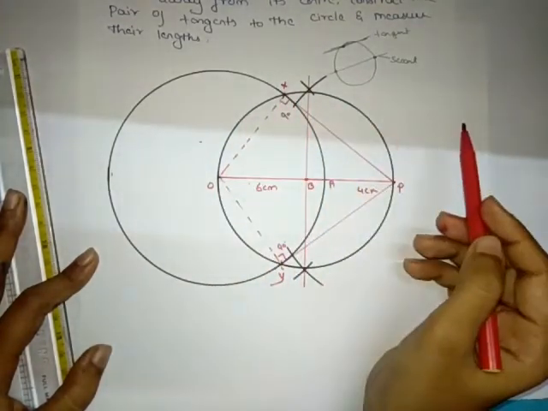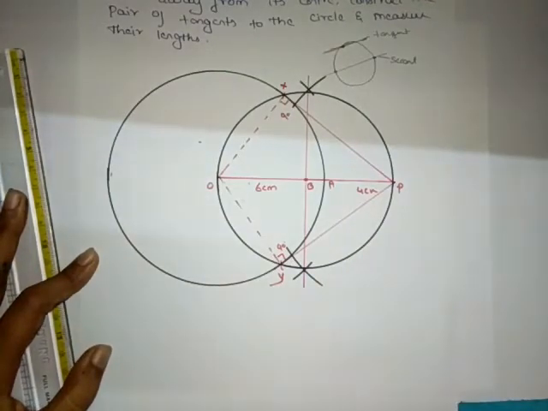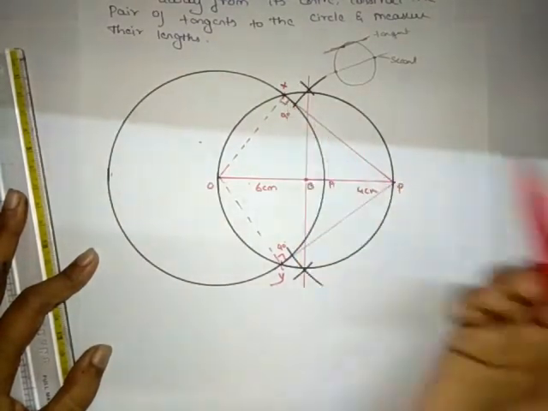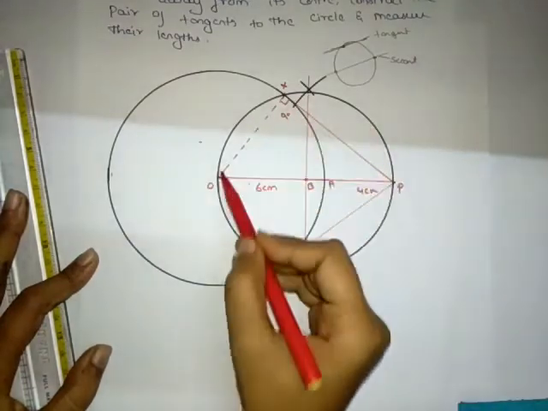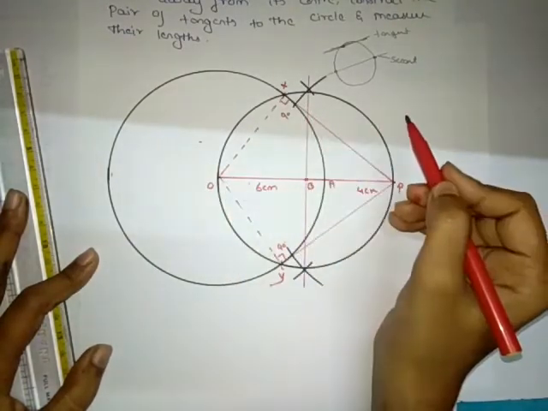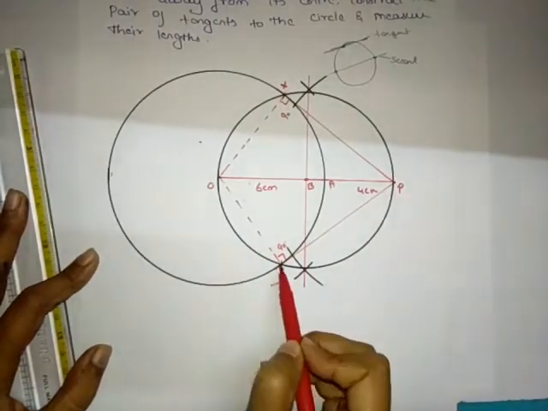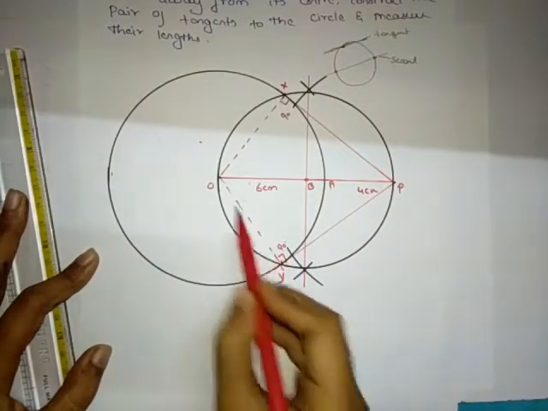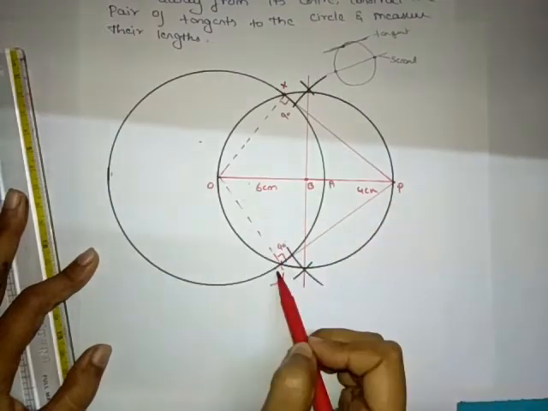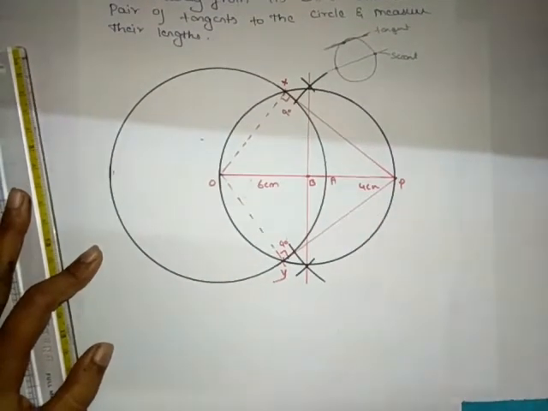Can you observe here? Either it may be duplicate or original, it doesn't matter, but this angle is on the semicircle, so it will be 90 degrees. This concept you have learnt in 9th standard. And here also it is making an angle of 90 degrees on the semicircle, isn't it? So we'll write the justification here.